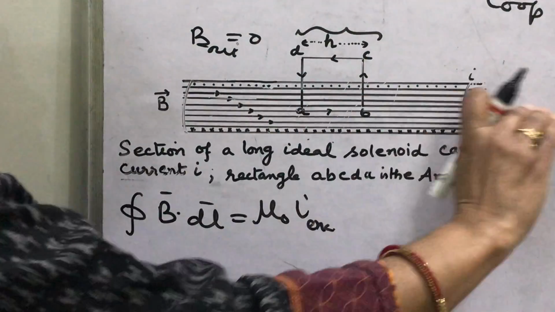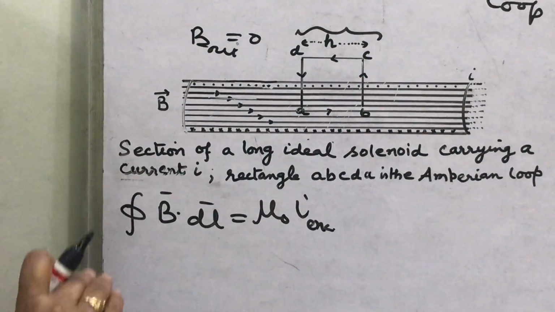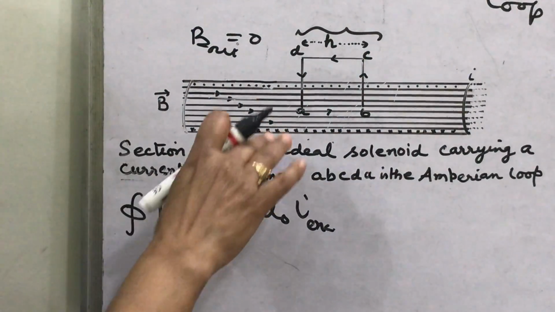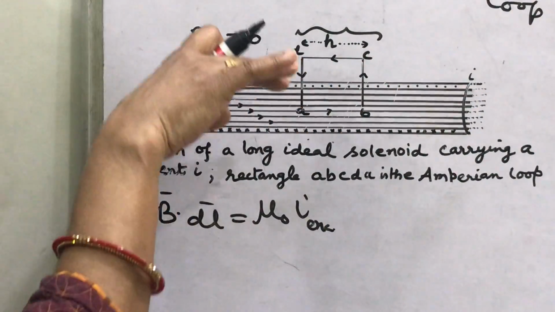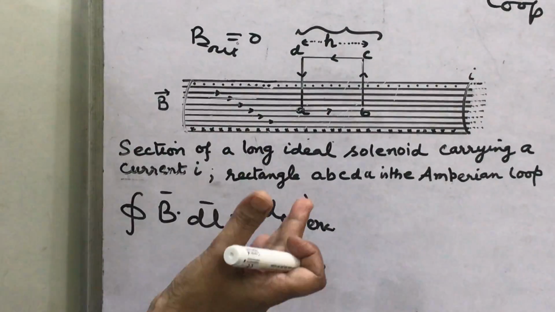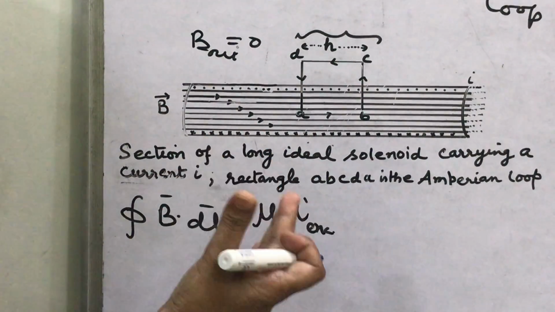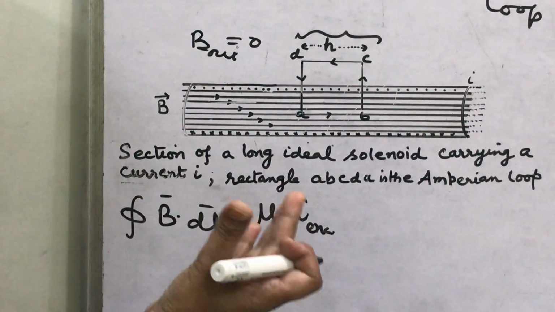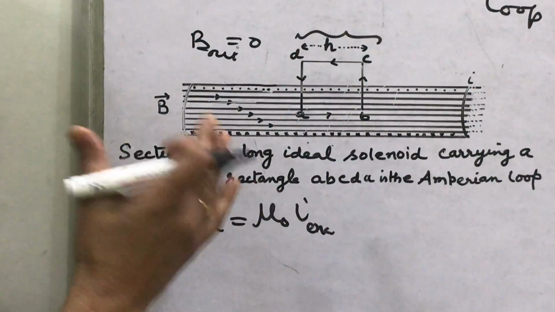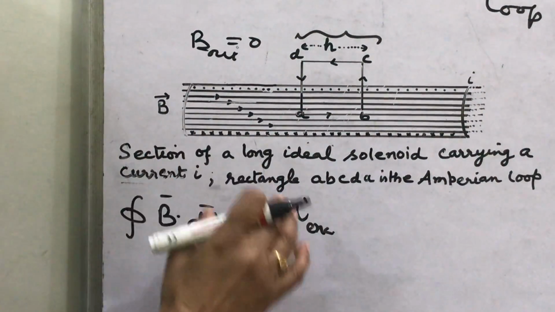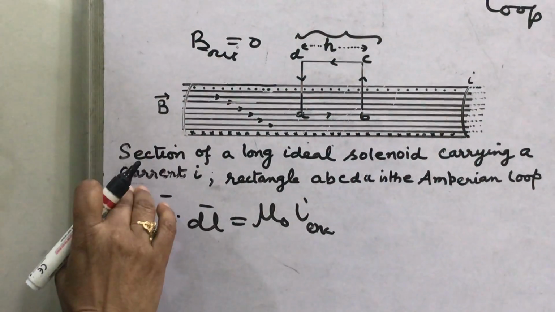And look, the magnetic field along the axis is in the form of parallel lines, and this magnetic field is a uniform magnetic field. Why should we study the solenoid? To produce a uniform magnetic field. How will you produce a uniform magnetic field in the laboratory? You have to answer: it is produced by the solenoid.